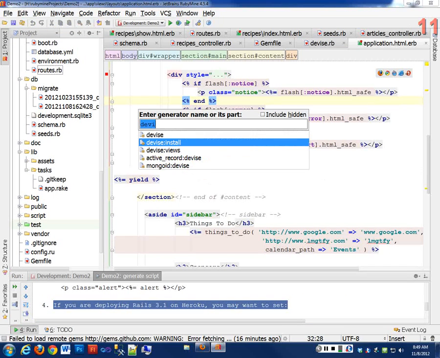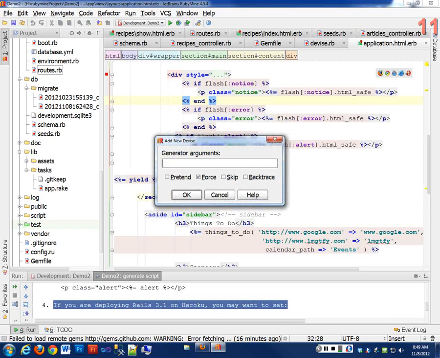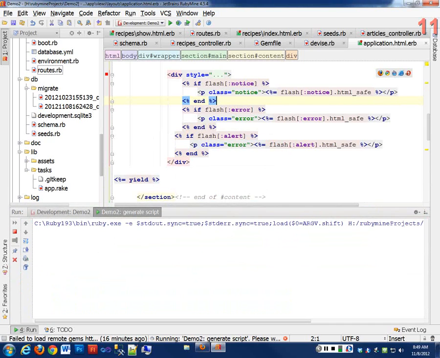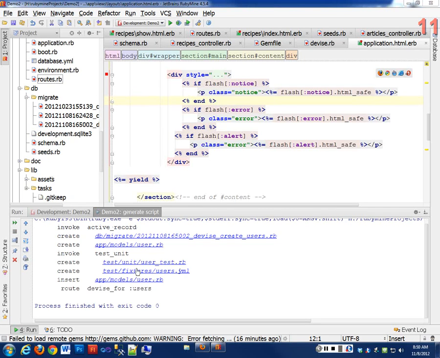Devise by itself, and the argument is going to be, I'm going to call it user. Okay. So it's going to go through and generate, much like we generated a model or a scaffold, the files necessary to deal with this model itself. And I should have a new migration in here when it finishes. So there it created this new migration. It created a models file and some tests,